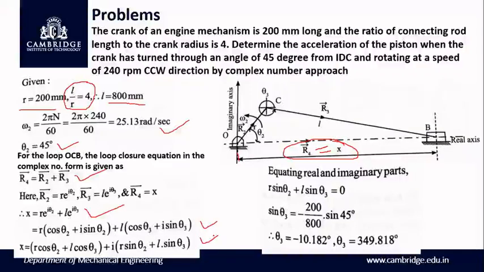So on substitution and elaboration, we need to consider the real part and imaginary part. On the left hand side, we have only a real part, that is X is a real part and its imaginary part is 0. So whatever we have on the right hand side, the imaginary part must go to 0. Hence R sin theta 2 plus L sin theta 3 should be equal to 0. By simplifying this equation, we can find out the theta 3 value. So this is what we have done for configuration analysis.